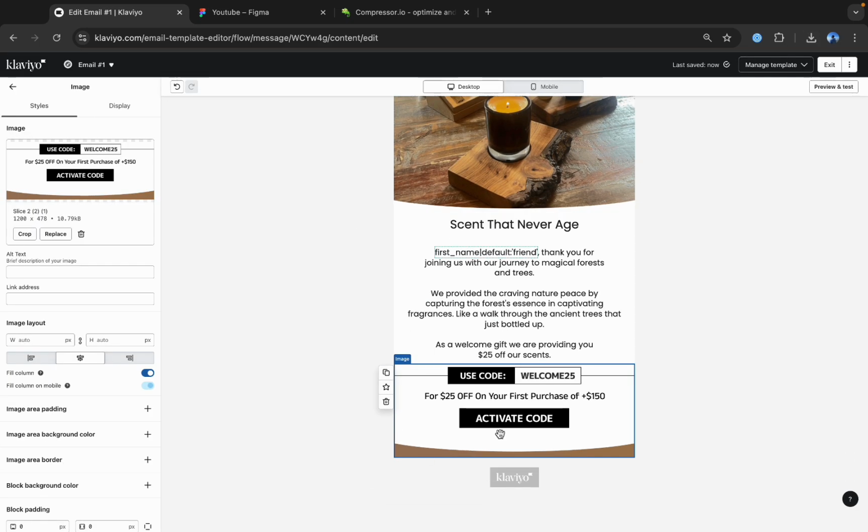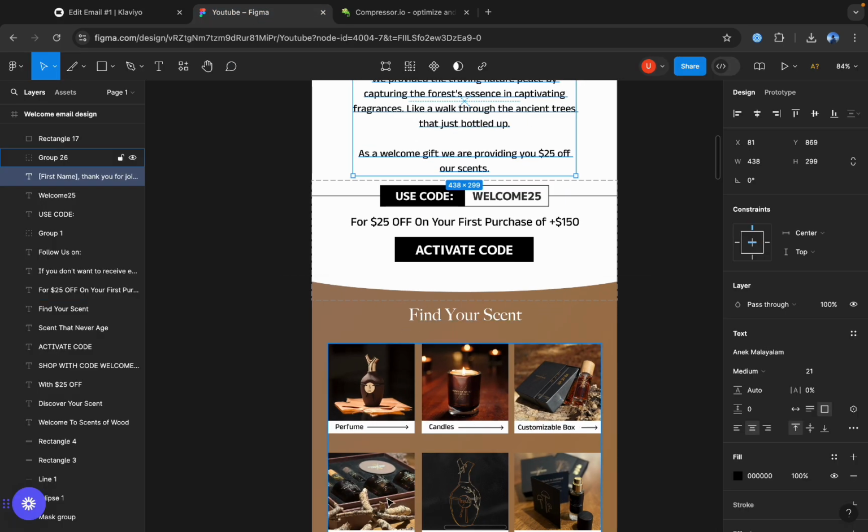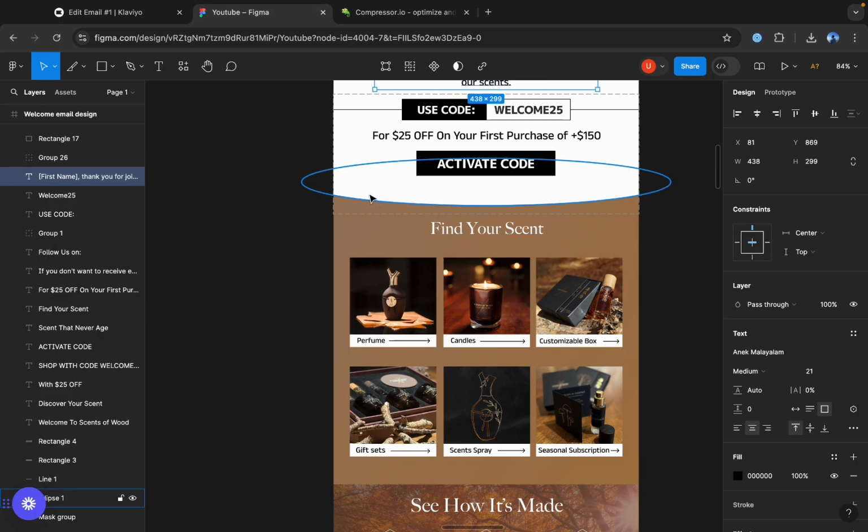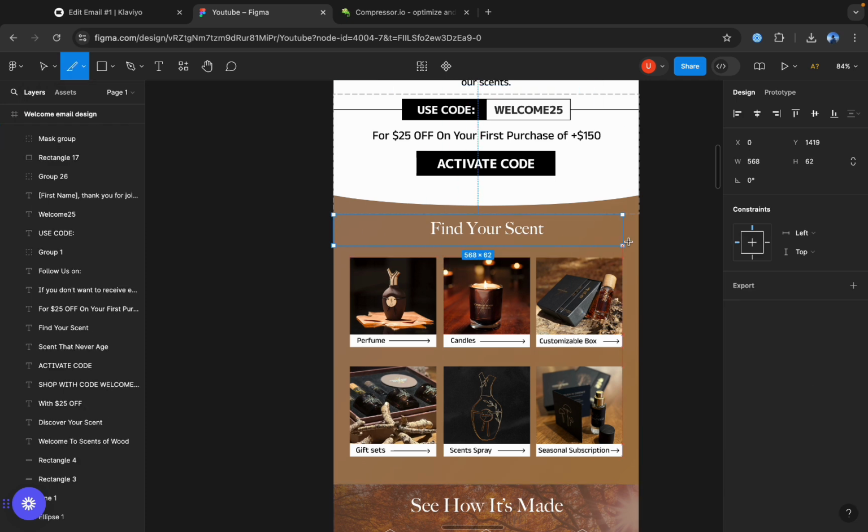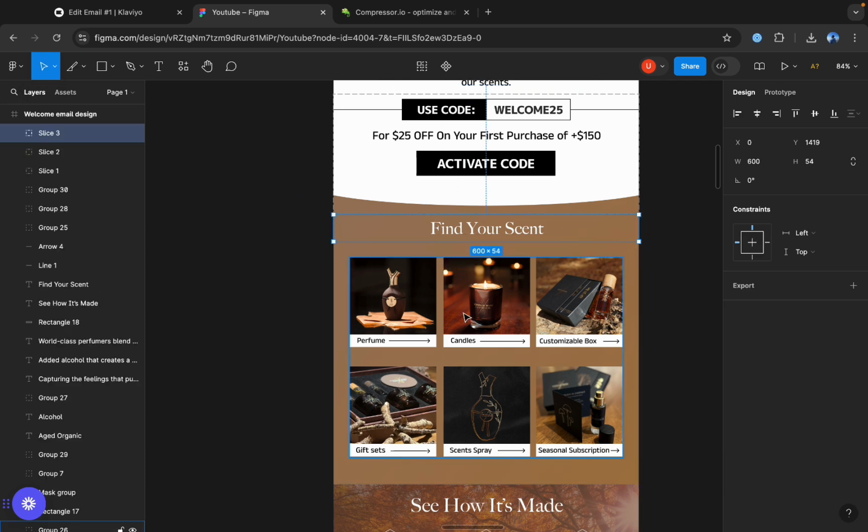So there you can see I've just exported this one too. Now I'll just need to export this one section. I forgot to elongate this one part, so I'll quickly add this section. And for these three, the collection one, I will show you how you can export